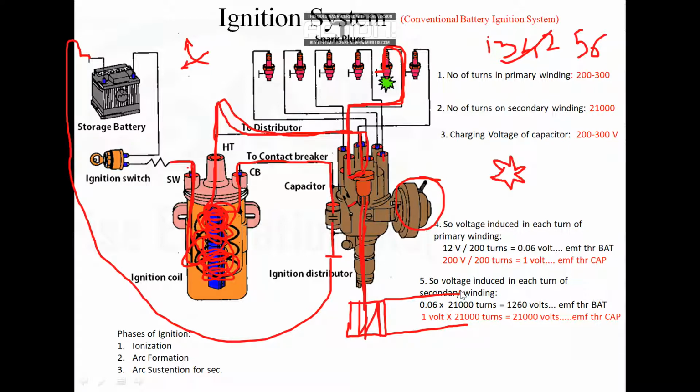Suppose this is the camshaft, and this is the camshaft gear, having the ratio 1:1. This camshaft gear is meshed with the gear of the distributor. This is a 1:1 ratio, meaning for one revolution of the camshaft, the distributor also rotates once. In some cases it is also connected to the crankshaft. In that case the gear ratio will be 1:2. So, for example, if this is a crankshaft gear,